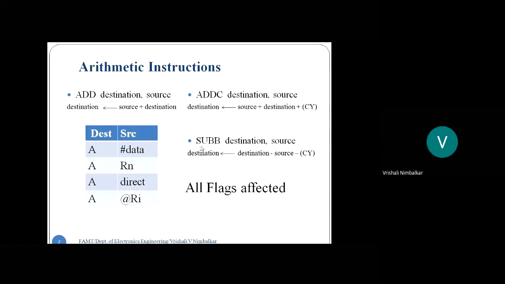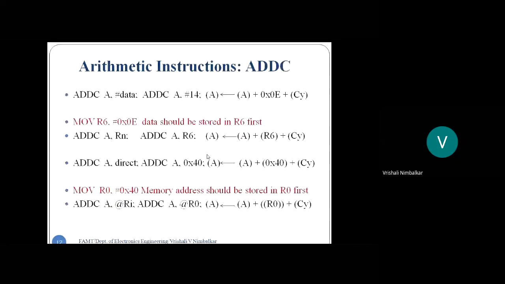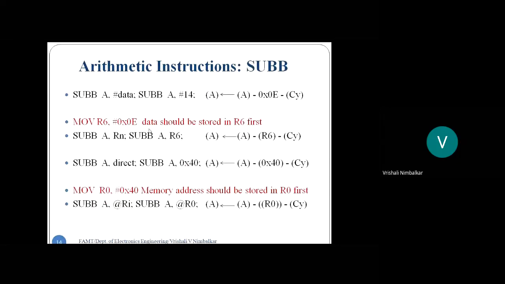So see students, whenever you are using the subtract instruction, it is SUBB, with borrow. So always take the precaution of clearing the carry flag and then writing the SUBB instruction. Okay, so with this, the carry bit will become 0. So before using the SUBB instruction, clear the carry flag during normal 8-bit subtraction, right? And it affects all the flags. So we ended at SUBB, we had seen the subtract with borrow instruction, right?